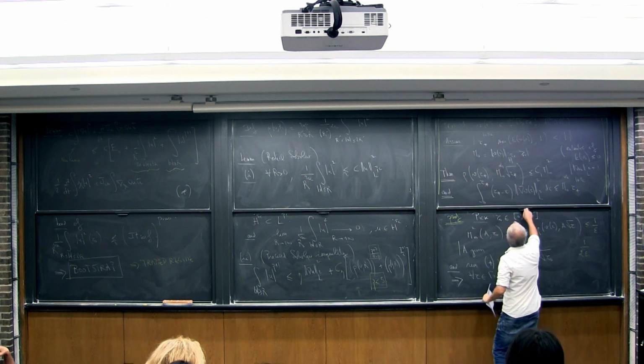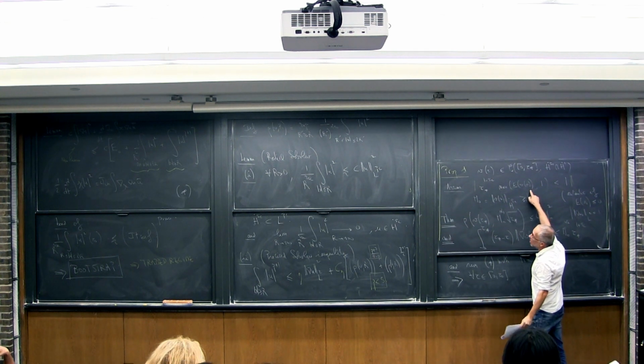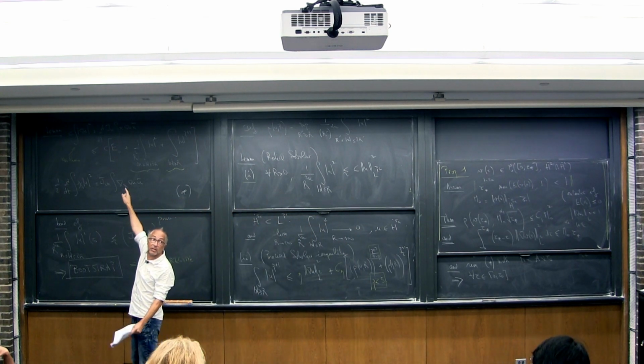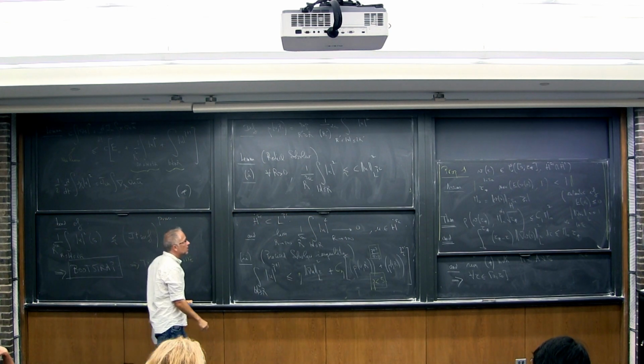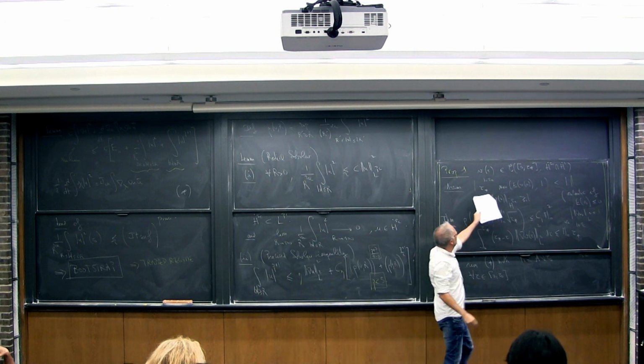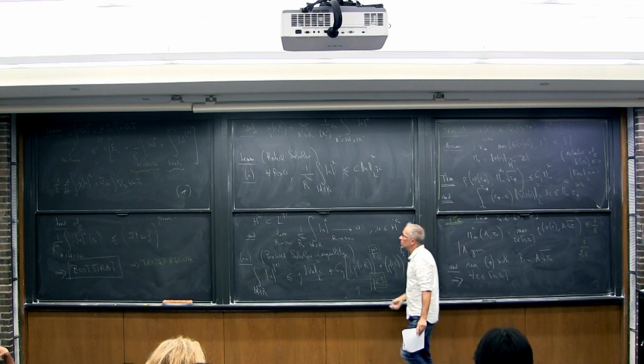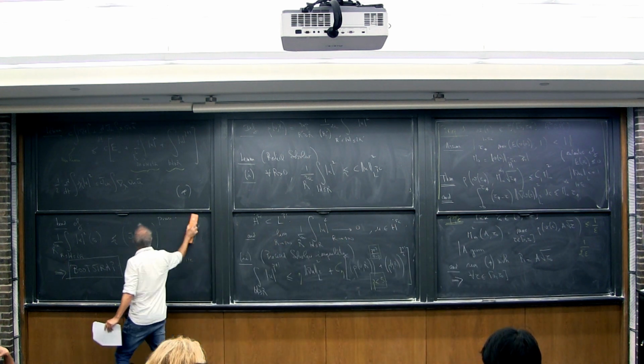Okay, and of course you understand where this assumption comes from. It's just that when I integrate twice, I have my energy on the right-hand side. When I integrate twice, I just need bounds on this. So this is where this condition comes from. Okay, so this is proposition 1. So now I can say something else.